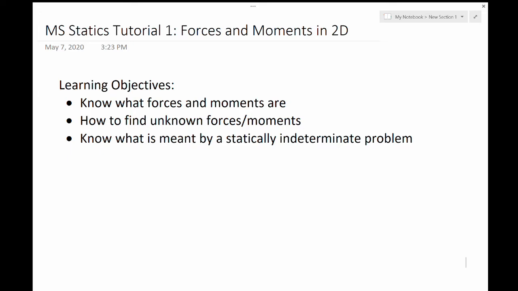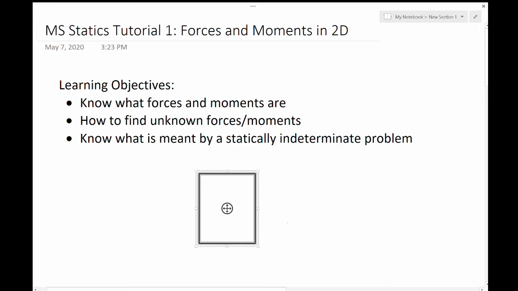So in this first tutorial, we're going to be briefly covering forces and moments, and then talking about how to solve for unknown forces and moments, and then finally we're going to finish off by talking about what we call a statically indeterminate problem. So many of you are probably familiar with the basic idea of forces and force balance,